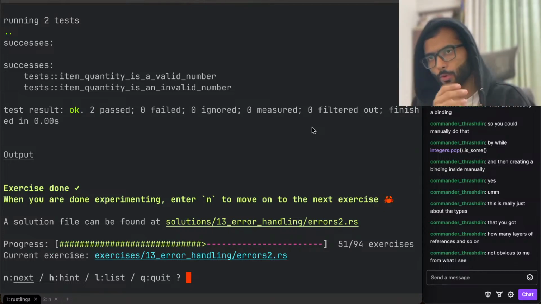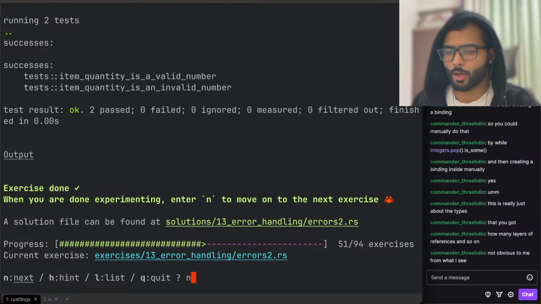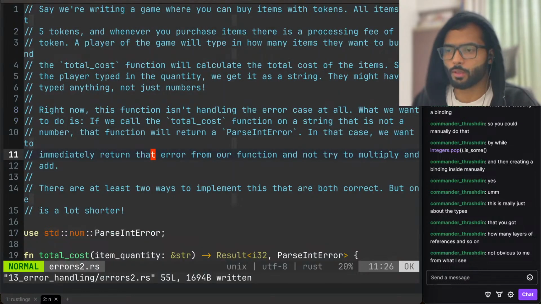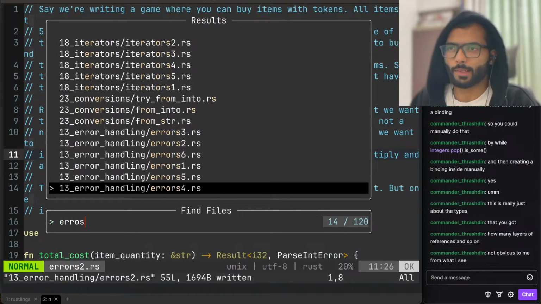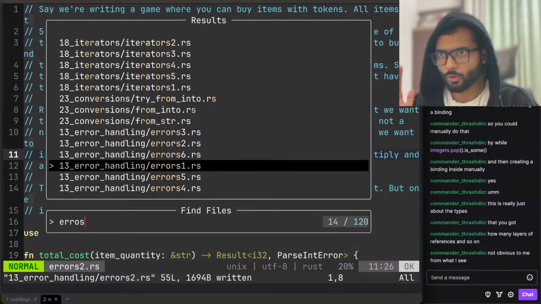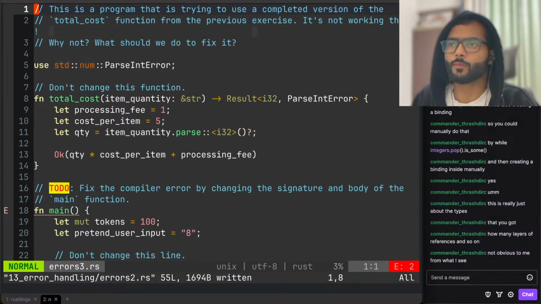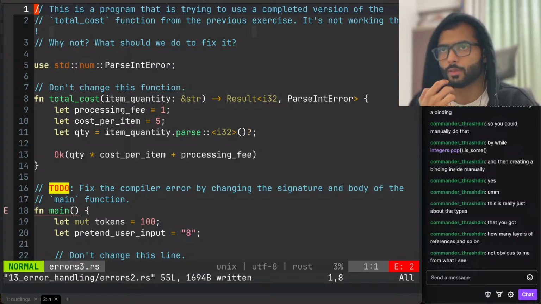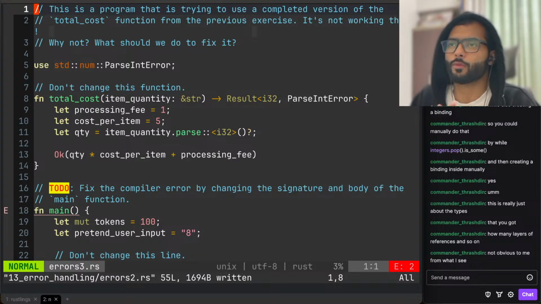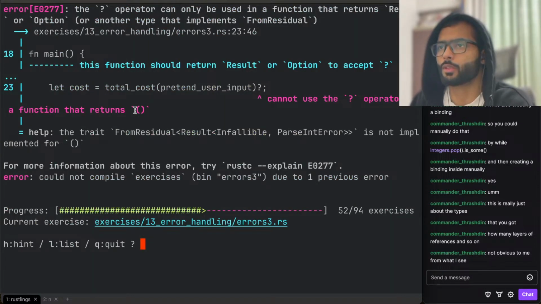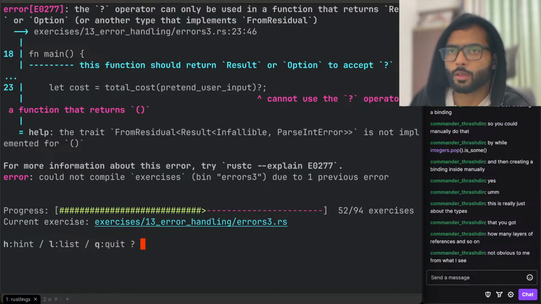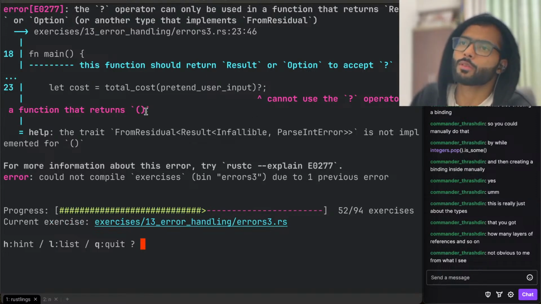We keep making progress. Okay. Now on to the next one, which is errors 3. Today, at least, I want to finish all the errors. This is a problem that is trying to use a completed version of the total cost function from the previous exercise. It is not working, so why not? What should we do to fix it? First of all, let's read the error messages. Cannot use the question mark in a function that returns